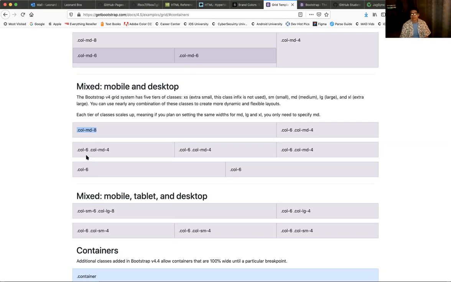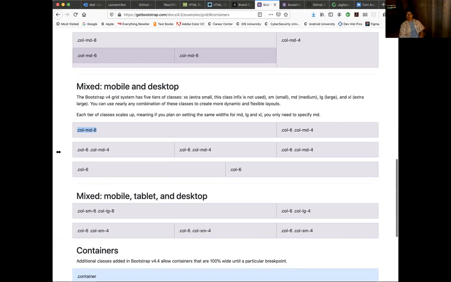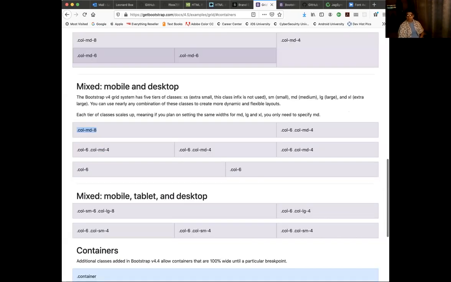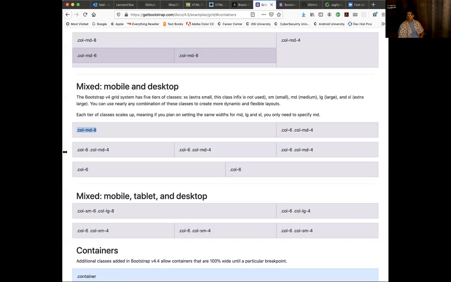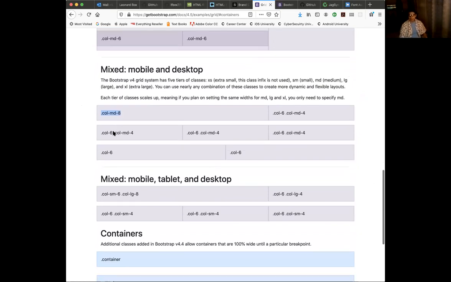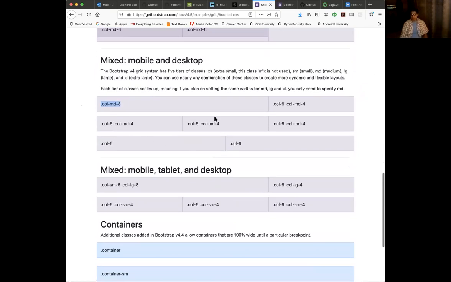Okay, so let's find it. We have the columns of 6. Column of 6 is just your base piece. As we shrink down our screen, we see our first break right here, and that break happens. These ones stay the same. The 8 stays the same. But when this is large, these are normal size. These columns are at 50%, but they have specifically broken these down so that when we get